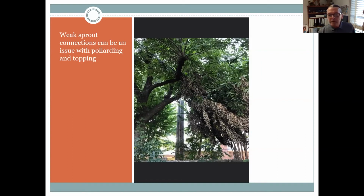This is one of the disadvantages. I don't know if you can see very well in this slide here, but one of the disadvantages of not maintaining a pollarded tree or topping a tree would be the weak sprout connections that grow from the heading cut. They have a tendency to break off. In this particular case, the squirrels chewed through the bark and it broke off. But the weak sprout connections is the one disadvantage of pollarding a tree and not maintaining it or topping a tree. I do not recommend topping a tree, and I really don't recommend pollarding a tree